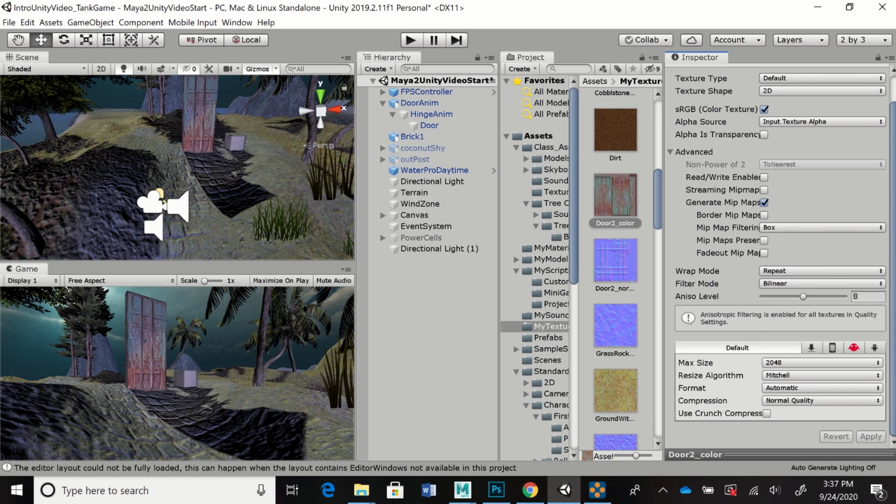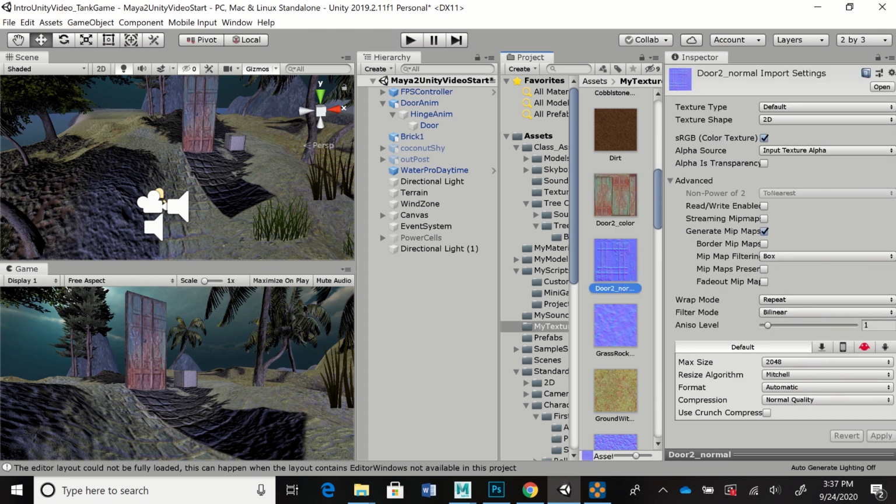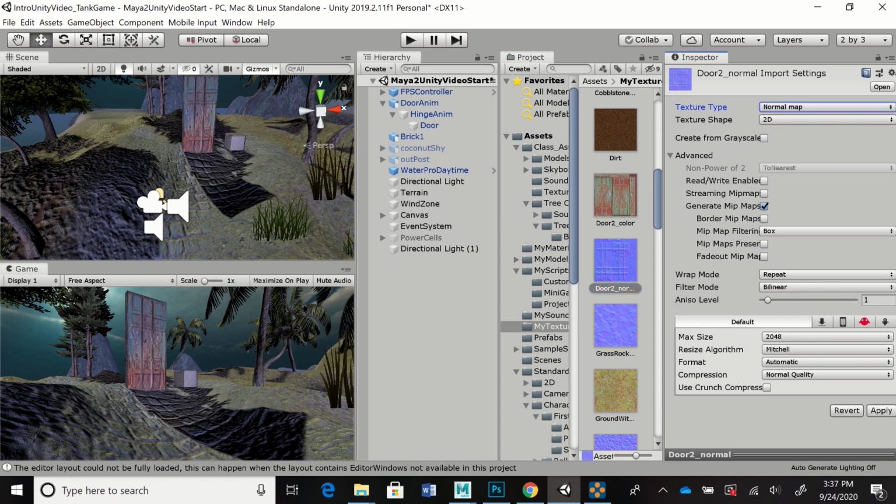So I'm going to apply that, and then I'll go over to the normal map, and this one needs to be set to normal map. If you don't, you're going to get a little error saying you're trying to use a normal map and it's not set to normal map. And it'll ask you, and you can apply it then, but you might as well go ahead and check it and do it on your own so you don't get that little error message. So I'm setting this to normal map,